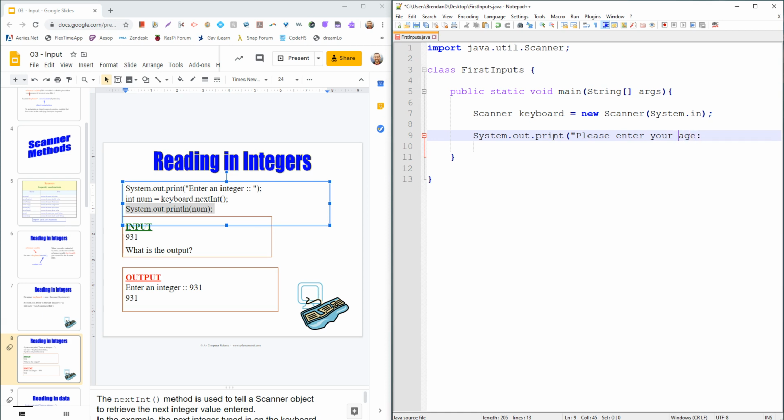And if we want to be really clear, we could say "your integer age," so they don't put in like I'm 8.5 or something years old. Okay, and then I'm gonna put a space. I'm gonna end that line, and then I'm going to actually get to the keyboard. So I'm going to say keyboard dot, and now I said integer, so I'm going to go back to our scanner methods,